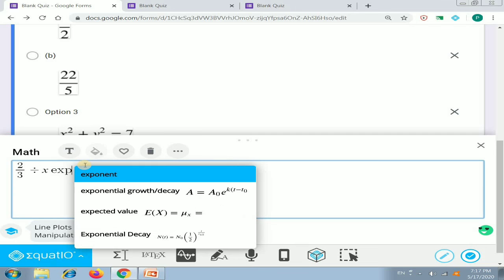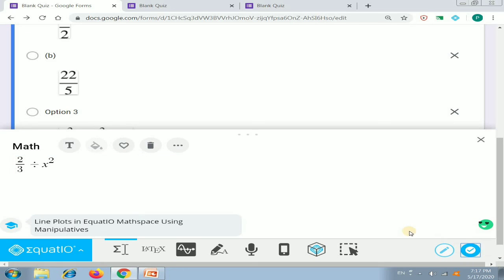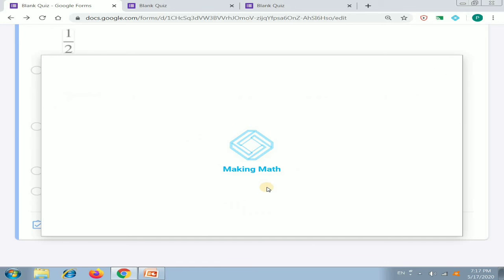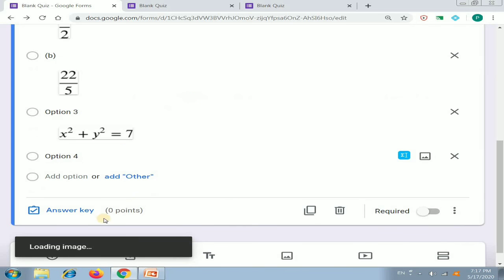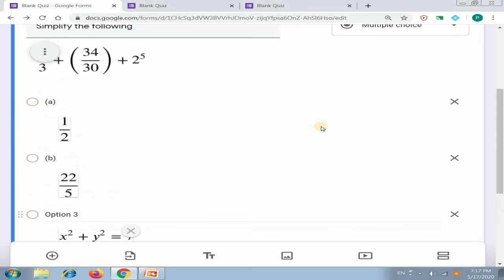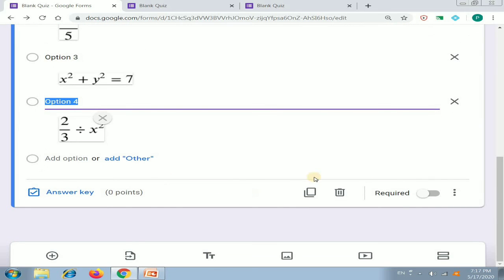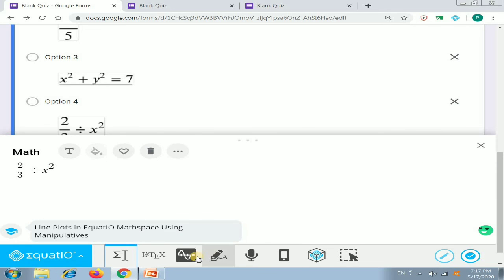Similarly for an exponent, it creates the exponent and you can write the exponent. So this is another method of writing the equation. Then insert math, again it will create an image and insert it in option number 4. Similarly, there are different methods to insert math. If you want more options, you can see there are many options. Speech recognition is also there, so we can explore.